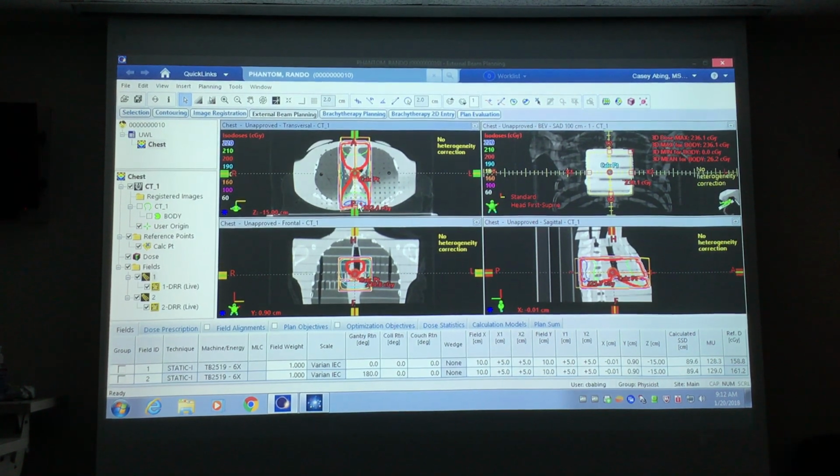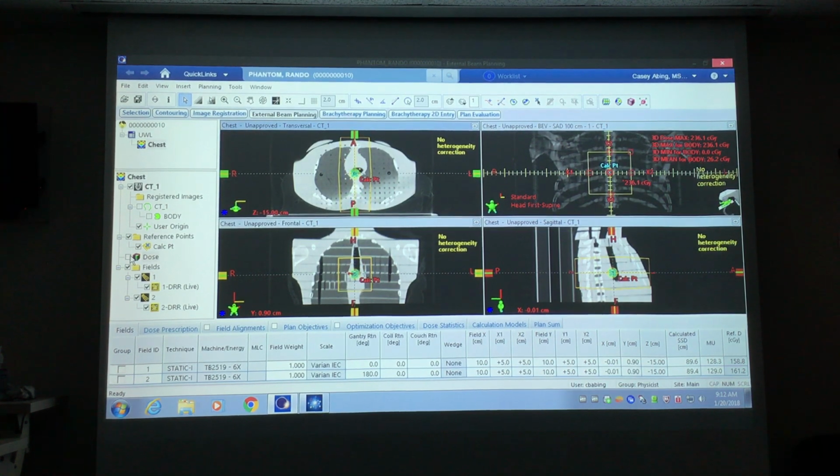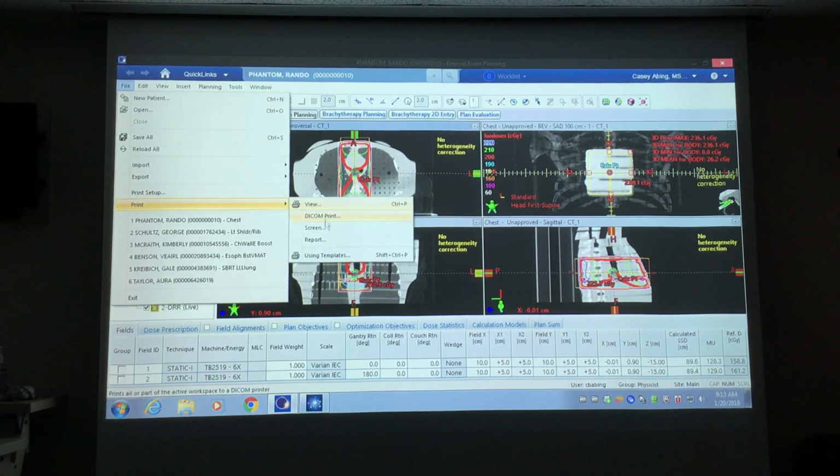Let's look at an SAD example for dose calculation verification, or MU verification. This is a 100 centimeter SAD example. I have APPA with a 10 by 10 field on either side, equally weighted. I get this hourglass shape as previously discussed. I normalized at 100%. If I go to my report,